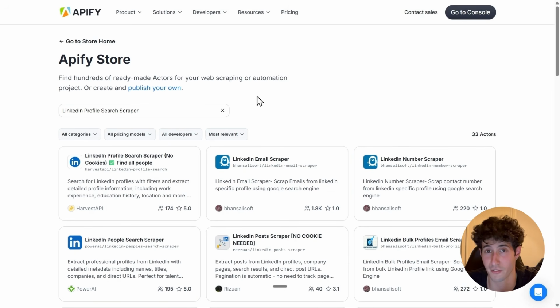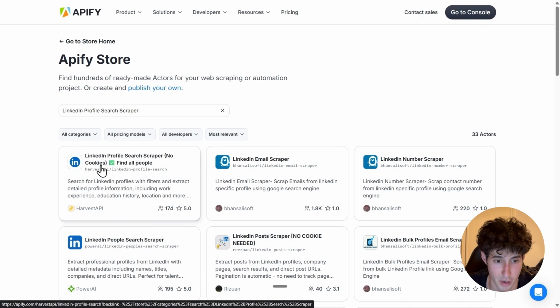The first one is to find the specific accounts we want to scrape, and the second one is to actually scrape the information from these specific accounts. That might sound complicated, guys, but it's actually super simple, and you will see we will literally do it in less than 3 minutes. So the first thing we need to do is come over here and